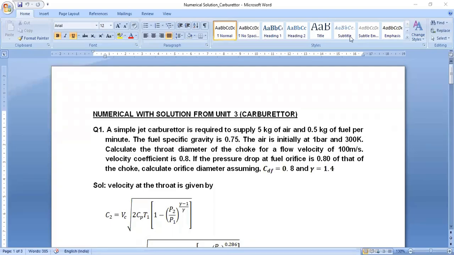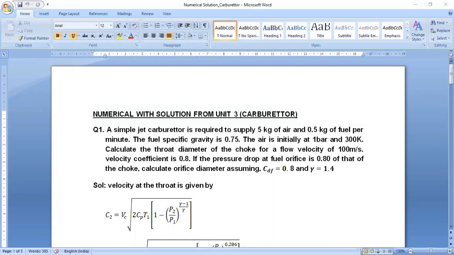So today we are going to discuss some numericals with solution from unit 3, that is carburetor. As you know, carburetor is a device which is used in SI engine. It prepares homogeneous mixture of air and fuel, and this mixture enters inside the cylinder during suction stroke. It is mounted outside the engine,